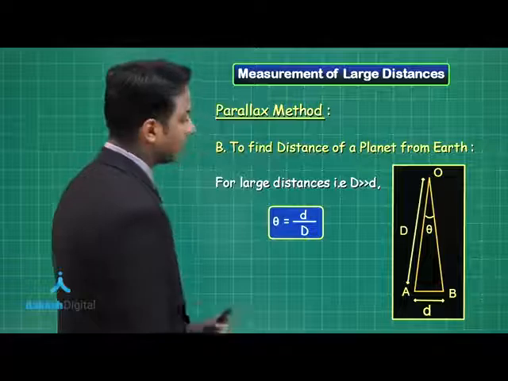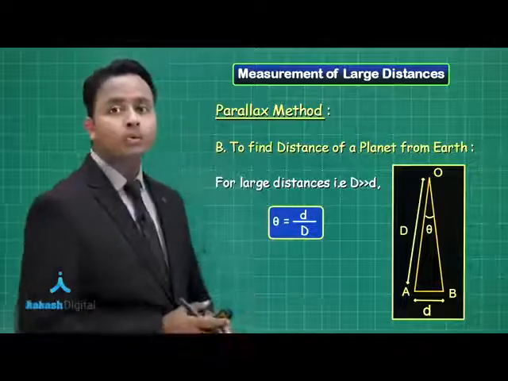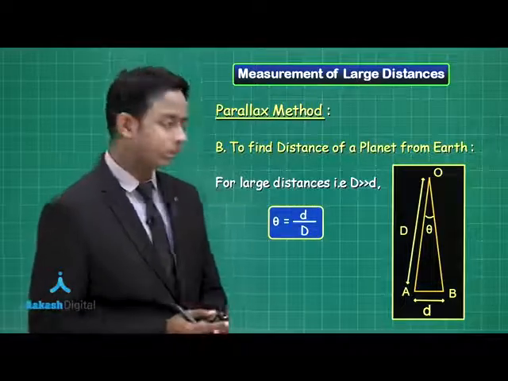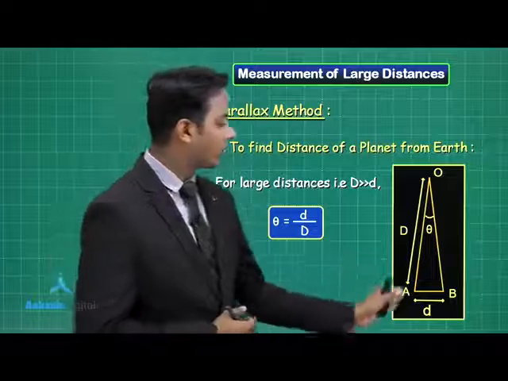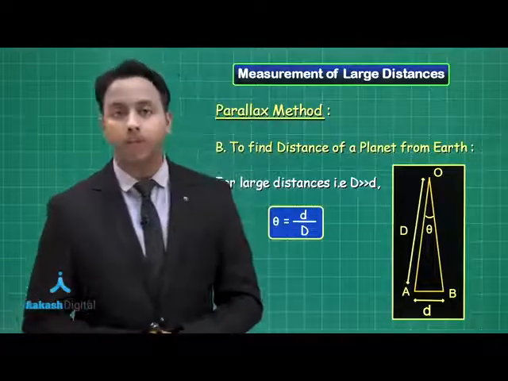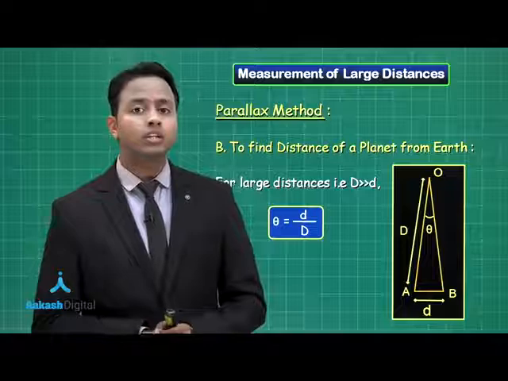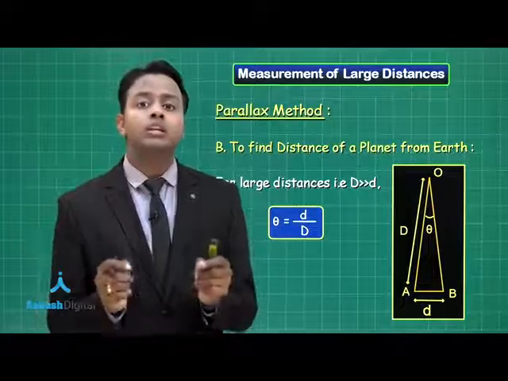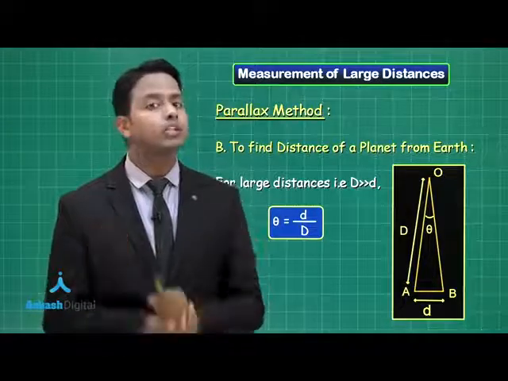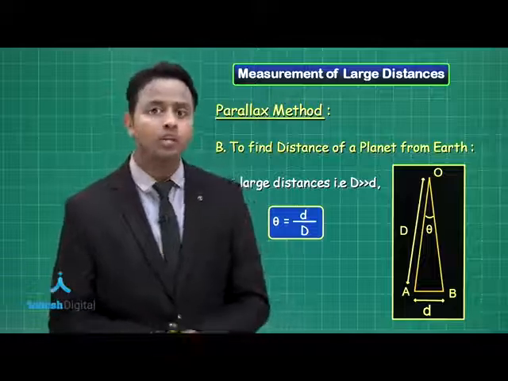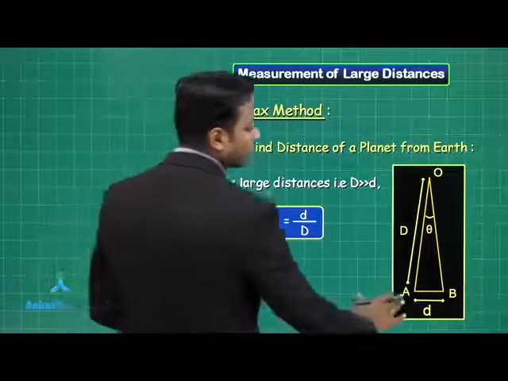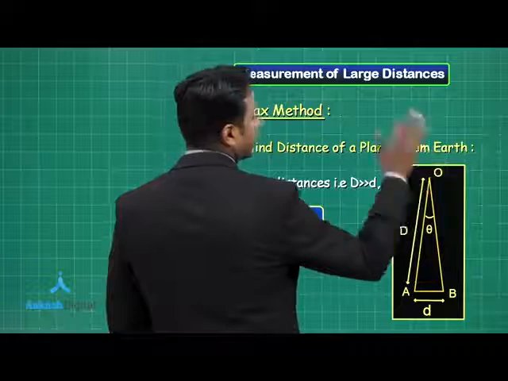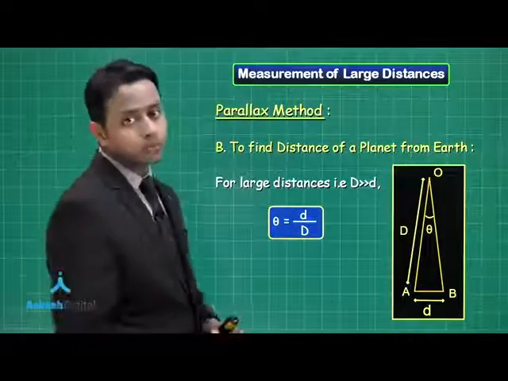planet from the Earth. Now let's suppose I have set up two different laboratories on the Earth's surface. One of the laboratories is at position A, another at position B. Now the most important thing that you need to know is the straight line distance between these two observatories which are present on the Earth. Now both the observatories are going to observe the same object, which is a terrestrial object O.